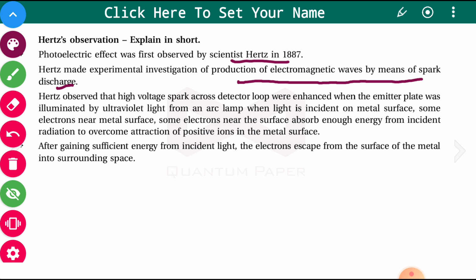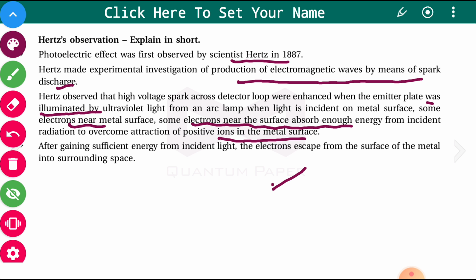Hertz observed that the high voltage spark across the detector loop was enhanced when the emitter plate was illuminated by ultraviolet light from the arc lamp. When light is incident on a metal surface, some electrons near the surface absorb enough energy